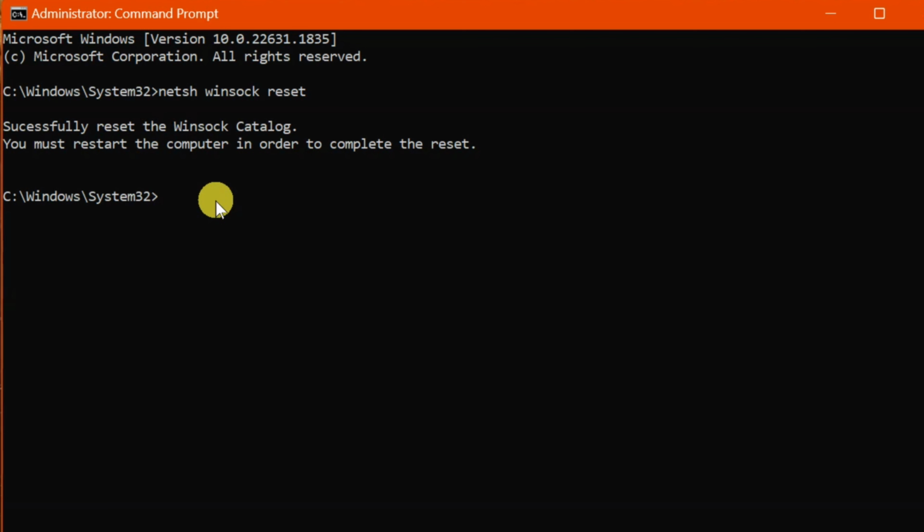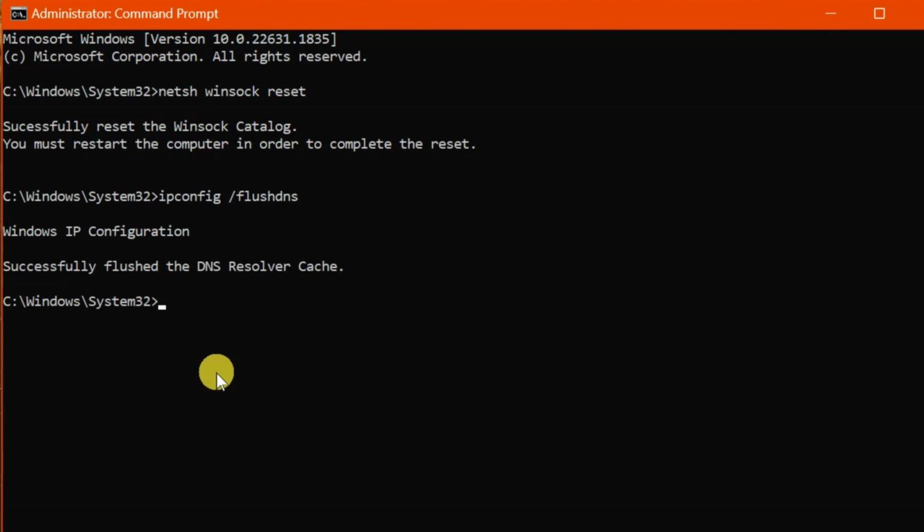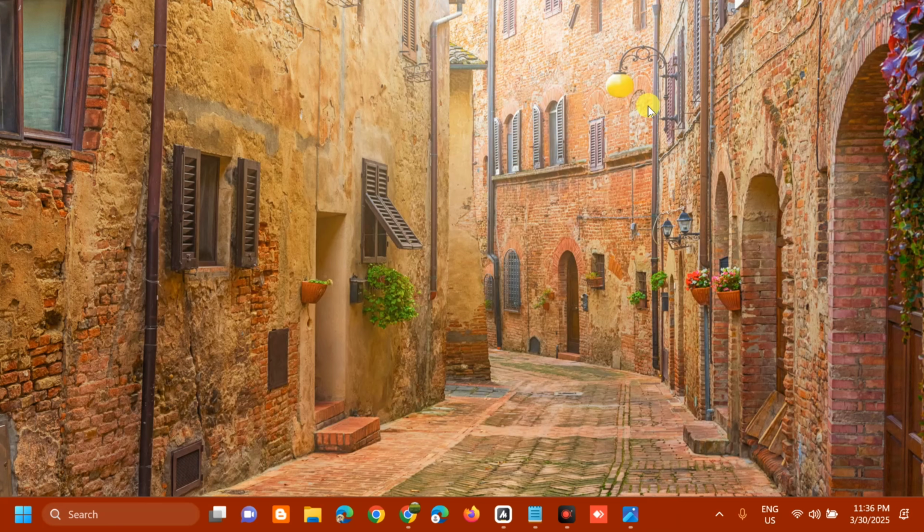The other command that we need to enter is ipconfig space slash flushdns. So just type this command, ipconfig space slash flushdns, which is one word, and then press enter. It successfully flushed the DNS resolver cache. Alright, once you're done here at the administrator command prompt, the other solution that we're going to do